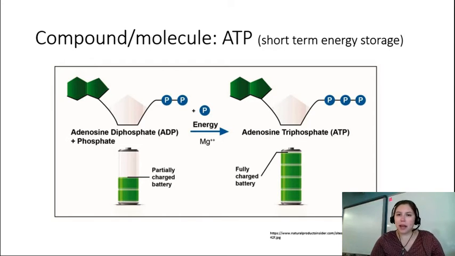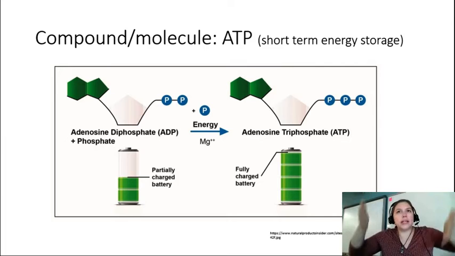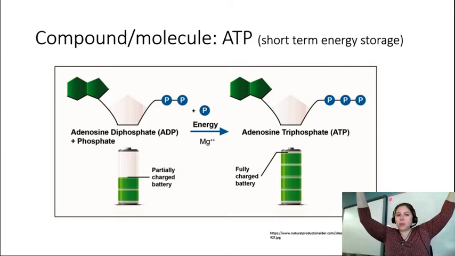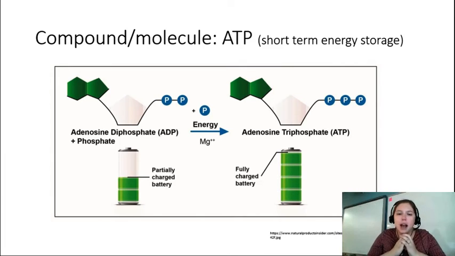And so those are my levels of biological organization. And that's how, just one example of from very, very broad with biomes all the way down to this little tiny compound that's like a little battery that helps us and frogs and trees and all living things with energy. It's